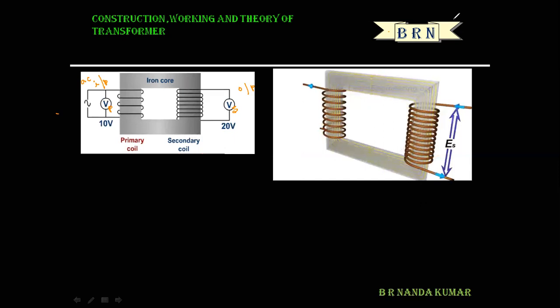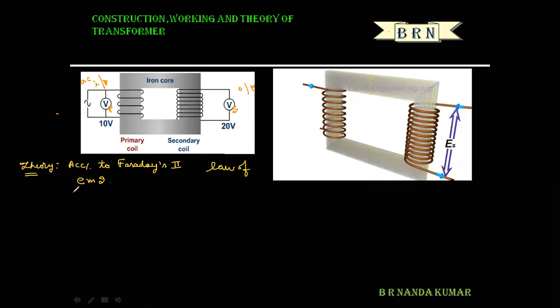Now let us discuss the theory. The theory is also very simple. Theory of the transformer: according to Faraday's second law of electromagnetic induction,